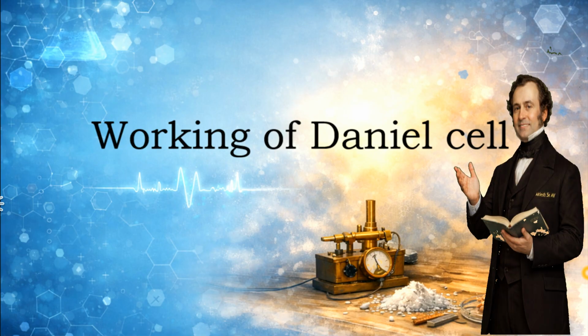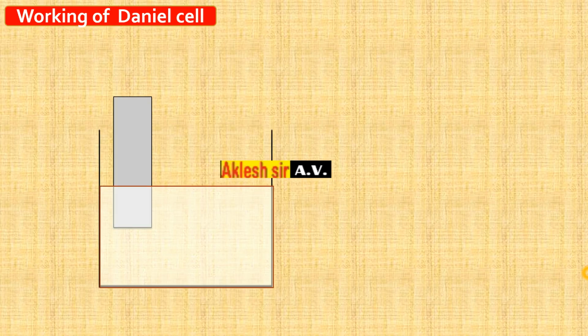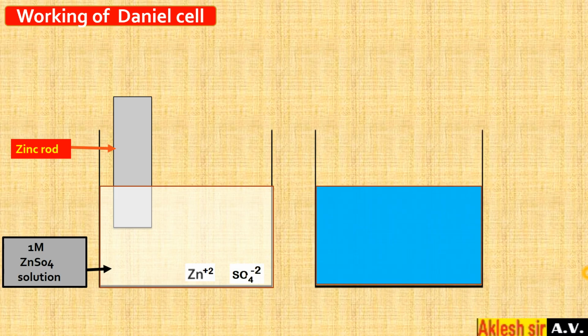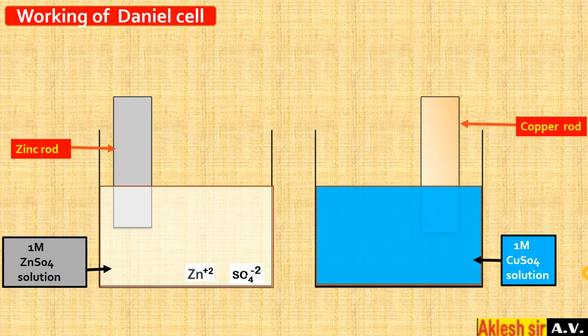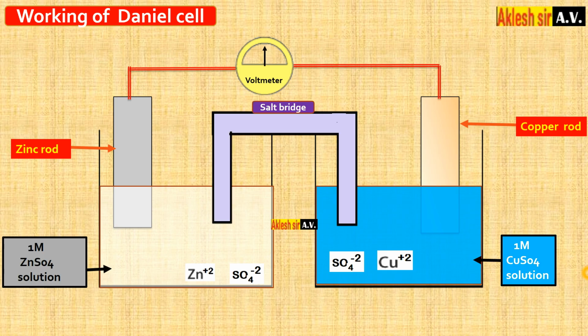Working of Daniell cell. It consists of a zinc rod dipped in a 1 molar zinc sulfate solution, and you know that in a zinc sulfate solution there are cations and anions present. In another container, a copper rod is dipped in a 1 molar copper sulfate solution, and in copper sulfate solution there are cations, that is Cu+2 ions, and sulfate ions. The voltmeter is connected to the two rods. Both containers are connected by a salt bridge,